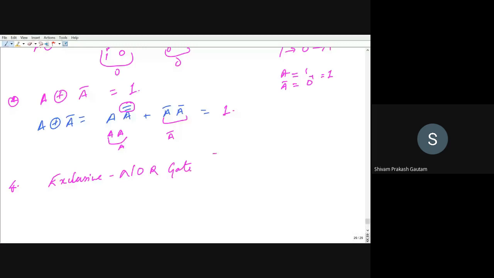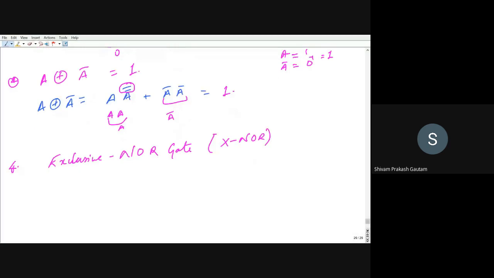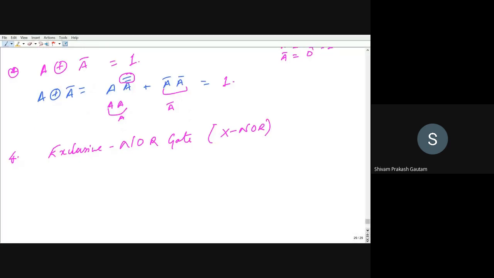That is XNOR. Earlier we have seen XOR, so right now we will see XNOR. The symbol will remain the same, except one bubble will be added like this. This represents a NOT gate. This is your A and this is your B. If X is your output, you can represent the XNOR gate as a symbol with a dot in a circle. Instead of plus, it will be only a dot. So this is for the exclusive NOR gate.